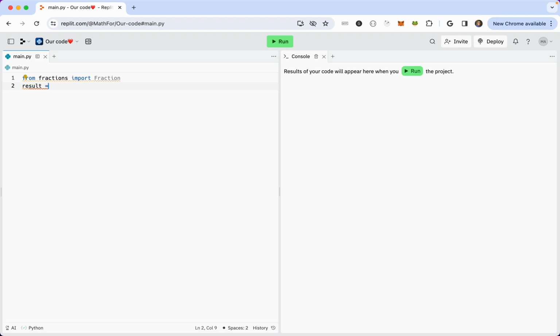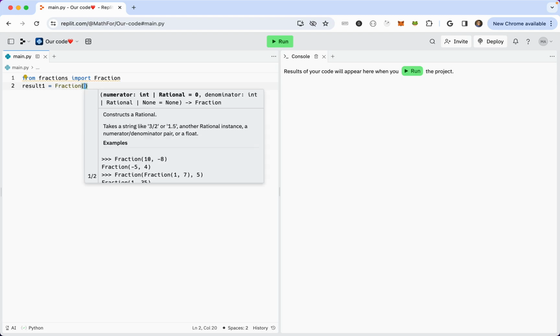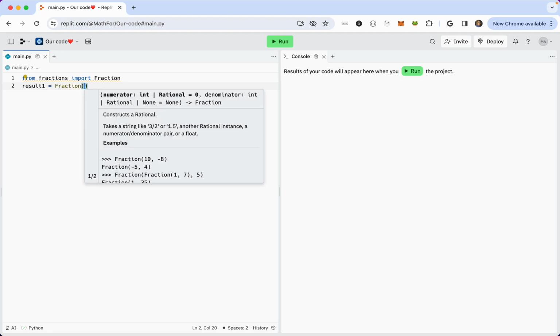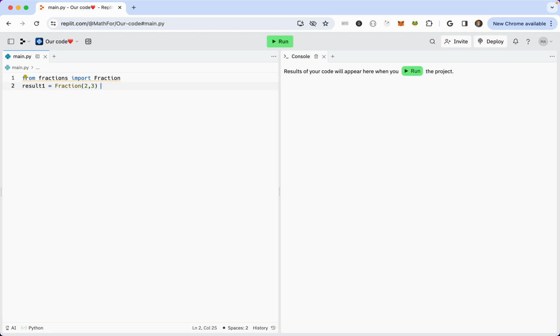Result. Right, let's do result 1 actually, so we know which one is which because we're doing subtraction and addition. So now we want to do fraction. And wait, I almost forgot about this. 3, 9. Let's do that. And actually not 3, 9. Let's do something else instead. Let's do 2, 3 plus, not equals, plus, there we go,